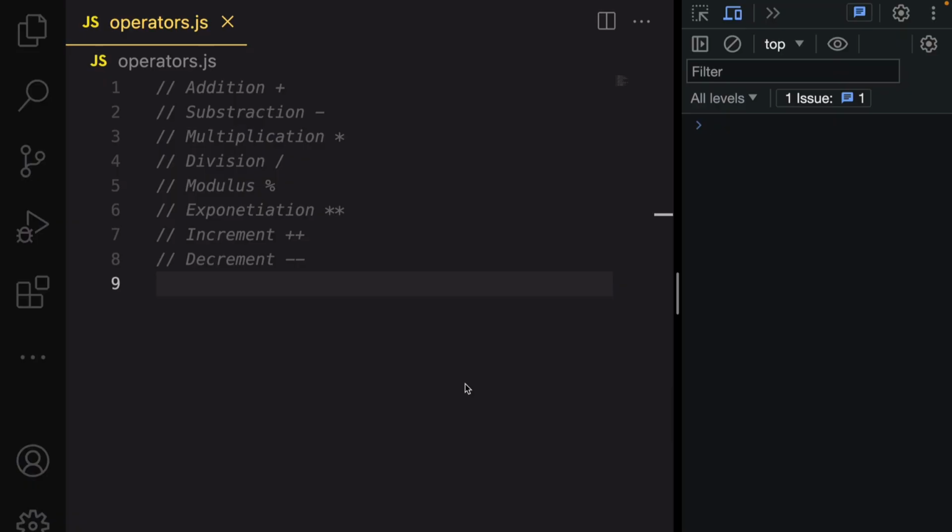They are essential for anyone looking to become proficient in JavaScript programming. Operators are the building blocks of expressions and statements. They allow you to manipulate data, perform calculations, make decisions, and control the flow of your programs. So the following are supported in JavaScript. I have the addition, subtraction, multiplication, division, modulus, exponentiation, increments, and decrements. So we're going to talk about a few others, but now let's just declare some variables and start with the